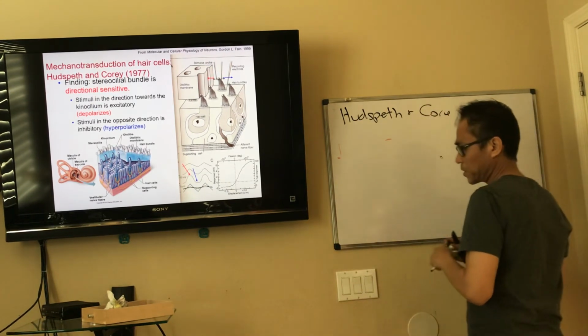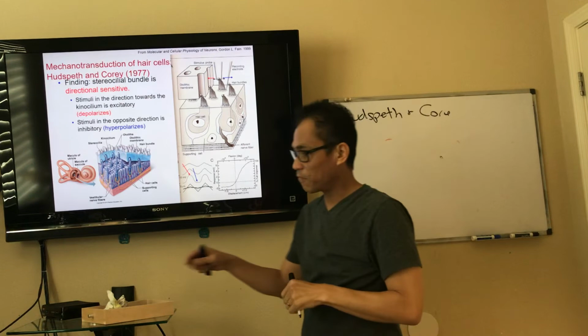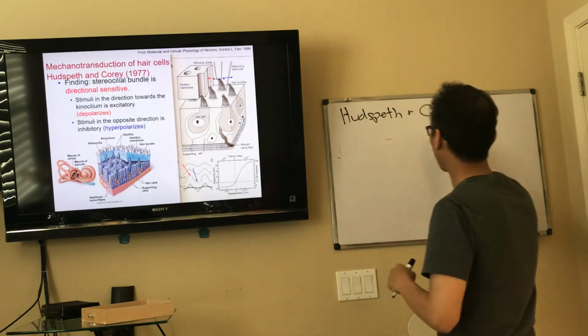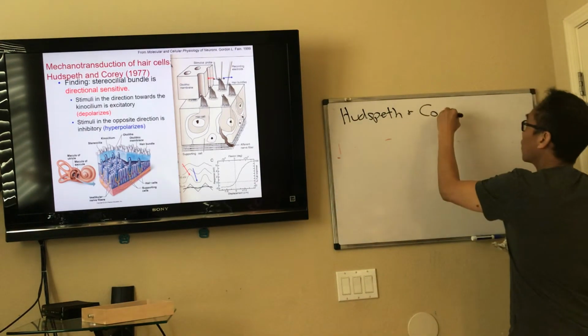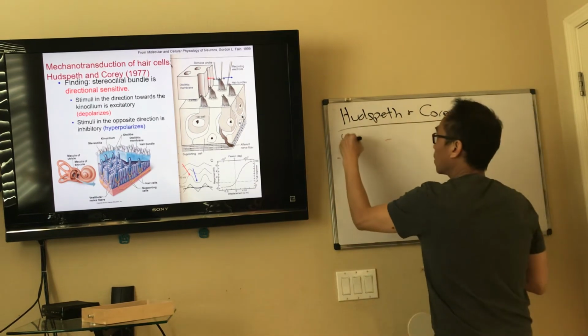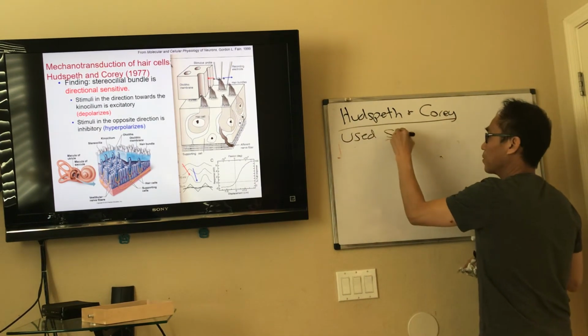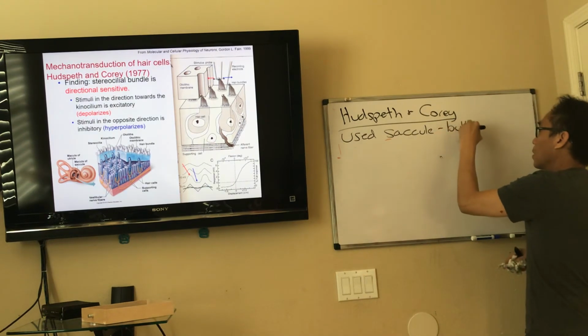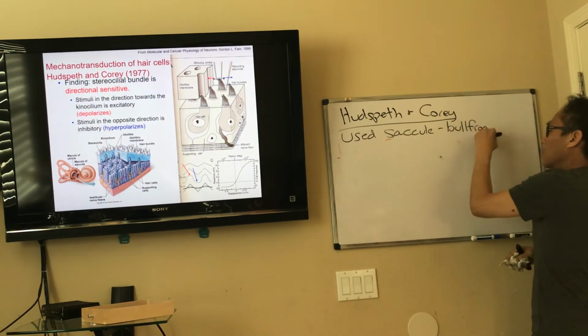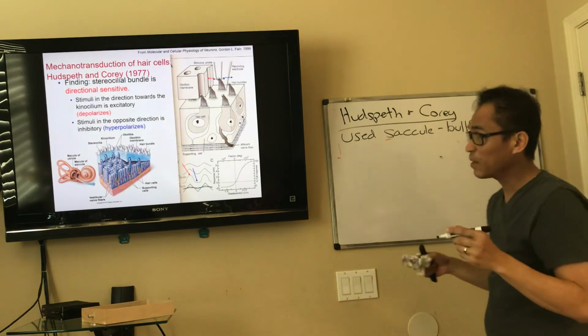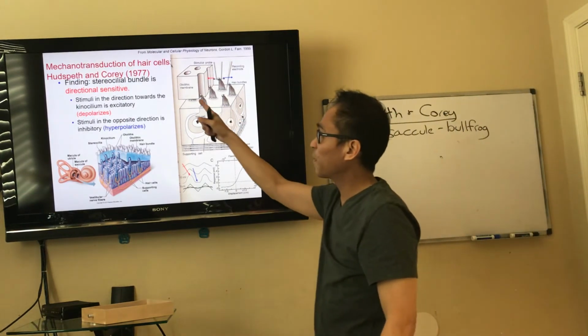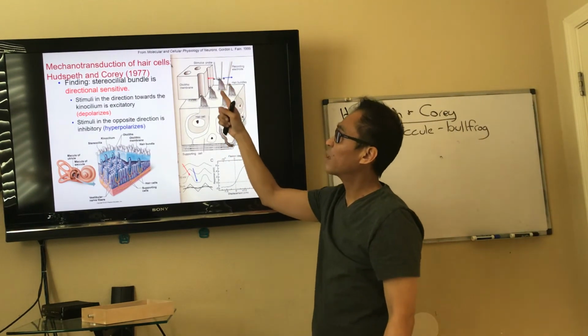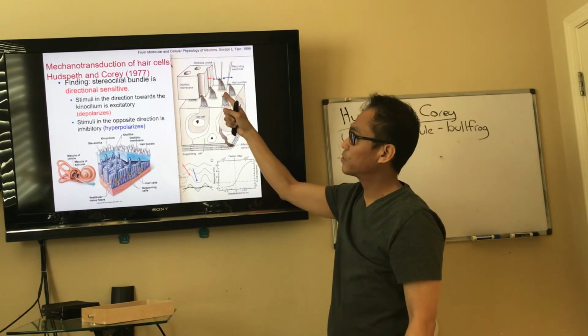They studied the hair cell from the saccule of frog. I believe it was bullfrog. That was their model. Use saccule. Bullfrog, I believe. Anyways, they removed the otolithic membrane, allowed them to get their little glass electrodes, allowed them to